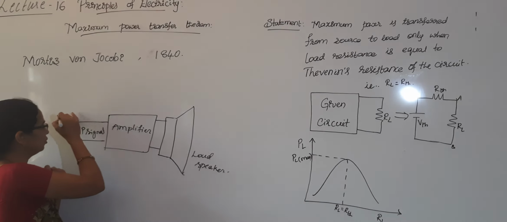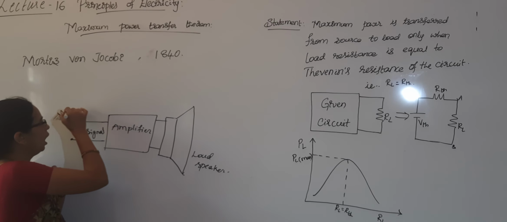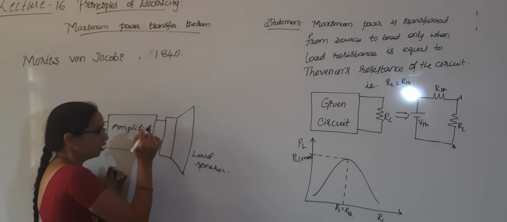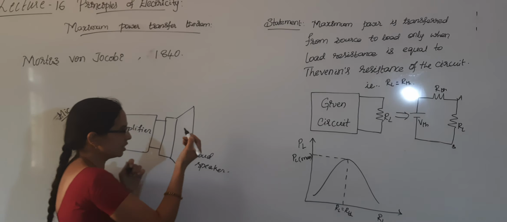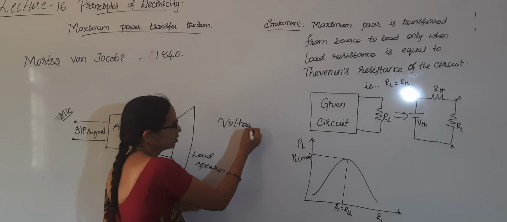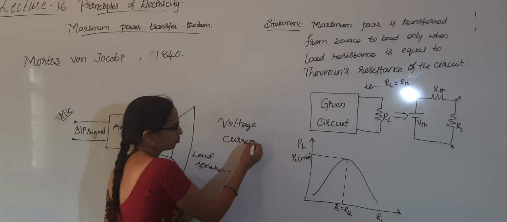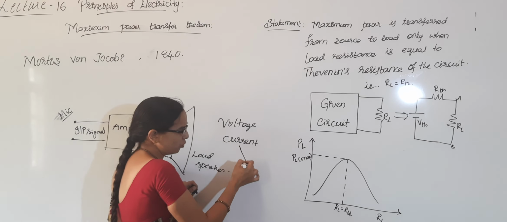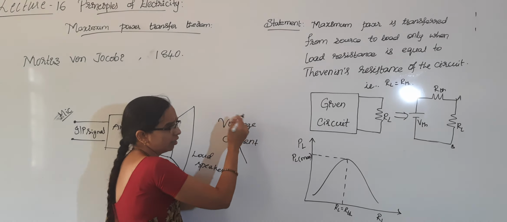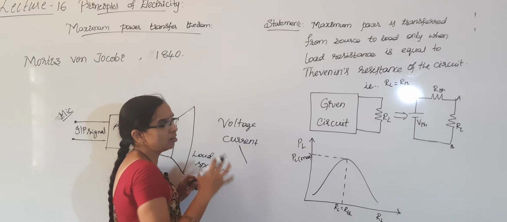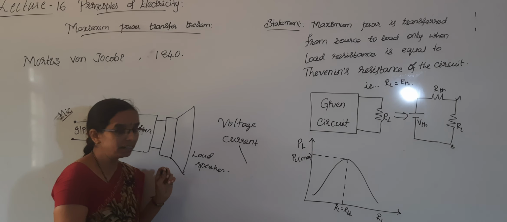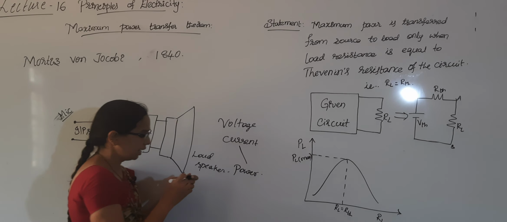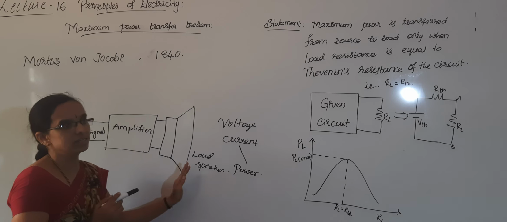Loudspeaker and microphone are very sensitive devices. Whatever electrical signal there is, in the sense either a voltage signal or a current signal, current flows through some conductor, and when current flows, there is a voltage drop across that conductor, right? So both of these constitute what? Power. That means the electrical power is transferring.